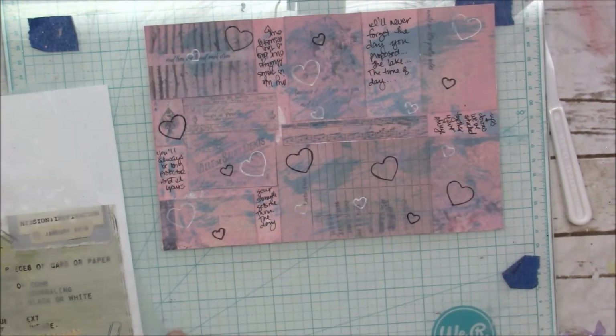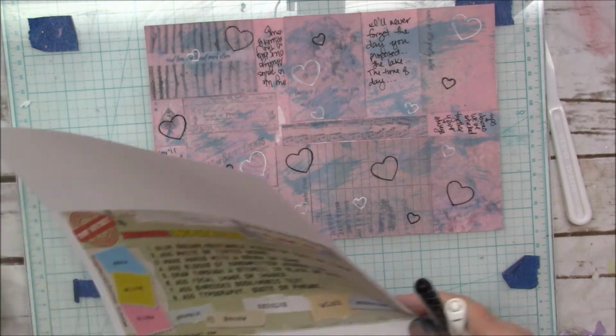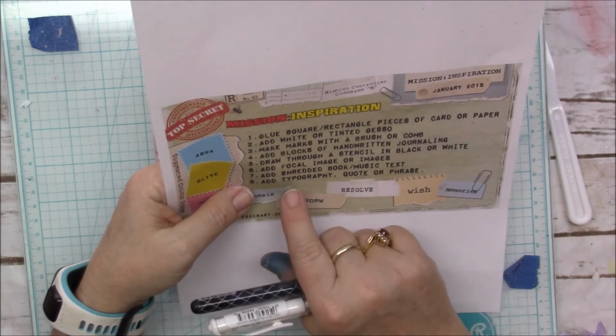Okay, I think that's good. I was going to put the circles and the flowers, but I think I just want the hearts. The next step is to add a focal image or images. I'm going to skip that step and go on to step number 7, which is add shredded